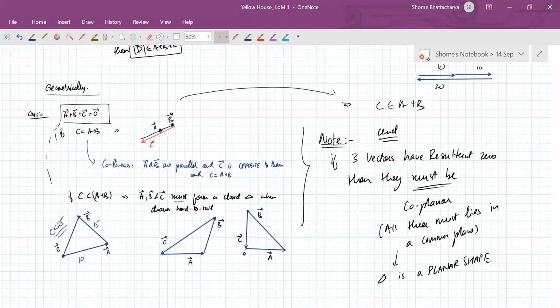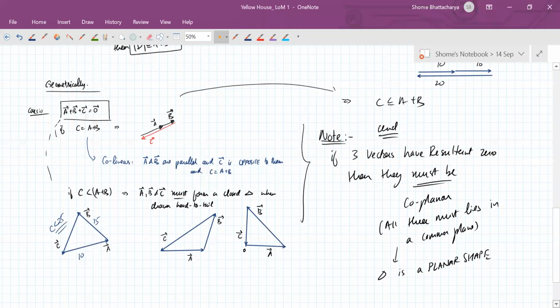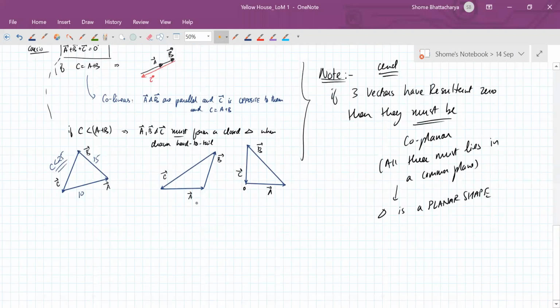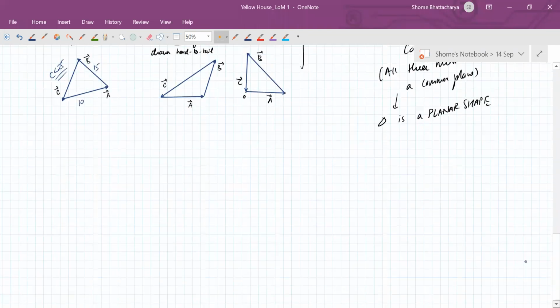So 10, 20 and 40 is not possible, na beta? You can see, Ansh. 10, 20 और 40 के तीन एरोज को आप कैसे भी नहीं अरेंज कर सकते हो कि यू कम बैक टू वेयर यू स्टार्टेड फ्रॉम. Understood now? That's the thing. They cannot form a closed triangle, and obviously if you put them on a straight line, you will overshoot the point where you came from, no? Like this. Okay. In the case of four vectors, it becomes a little bit more complicated.